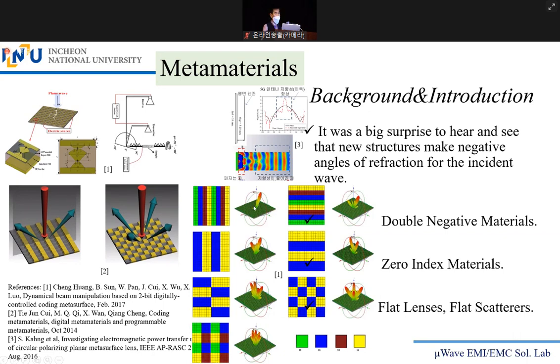That means you can change the angle of reflection, which was experienced in the electromagnetics 101 class. So you can change the angle of reflection on your own, and to your taste, you can change the number of beams you would like to send to the air like that. But still, it is kind of daydreaming, even though a lot of people are paying attention to this, and especially my friends who work on metamaterials, their hobby is just fiddling with their metamaterials to make the RIS, but quite expensive compared to what?